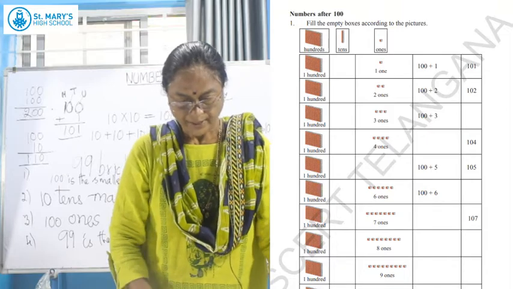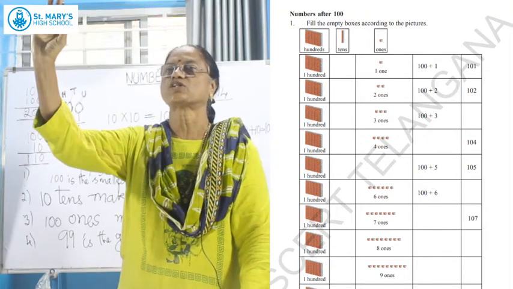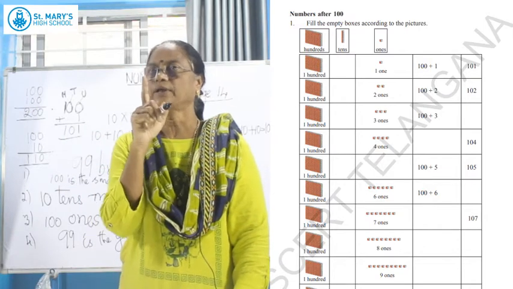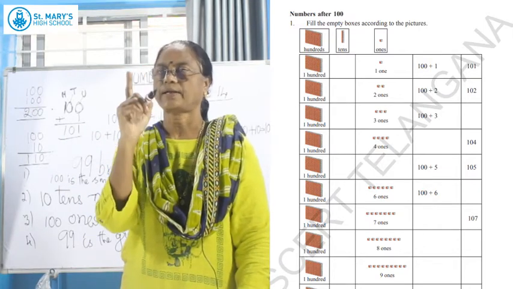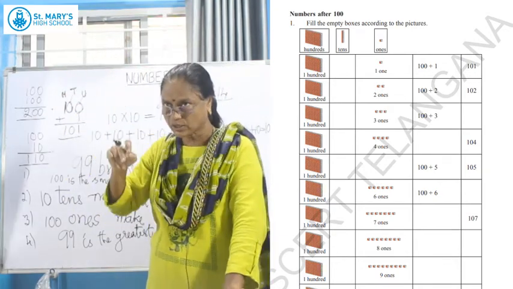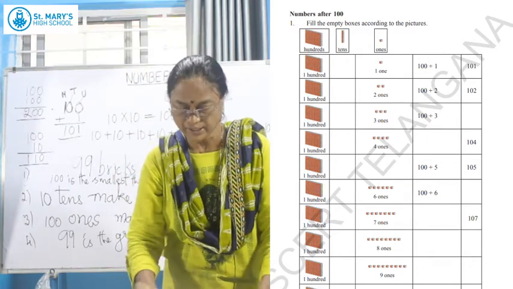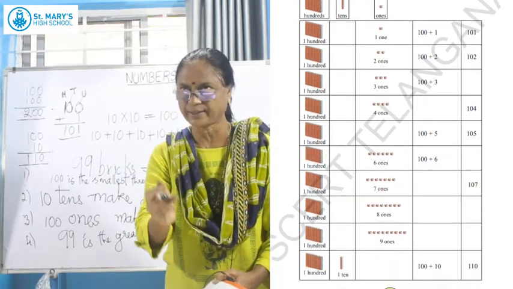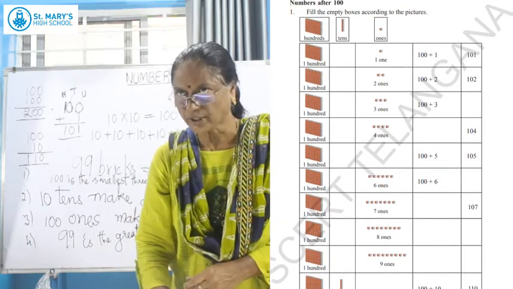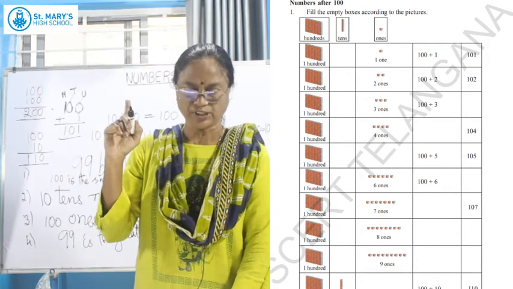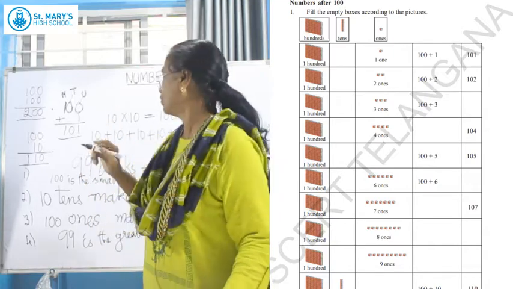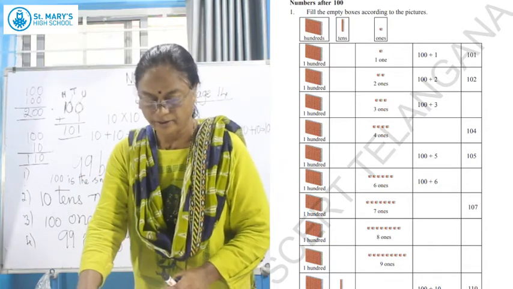Okay. See, hundreds place, tens place and ones place. Hundreds, tens, ones. In the tens place, you have 110 last. That means here all dash dash dash, nothing. No tens there. Do you follow me? Shall we go to the question? Now see the first fill in the blank. 101.